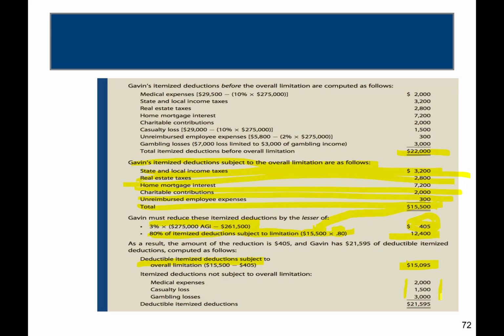Medical expenses, the casualty loss, the gambling losses, up to his winnings. Notice he only took 3,000, right? So the limitation is only applied to certain items there, and additional amounts he can go ahead and take those in total. He doesn't have to limit those at all. Okay. All right. Question on that?